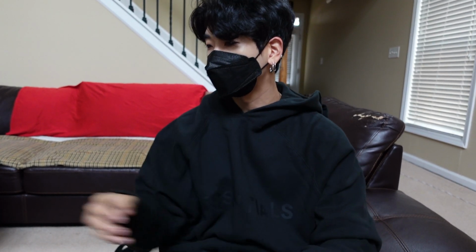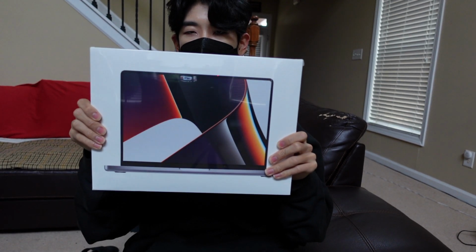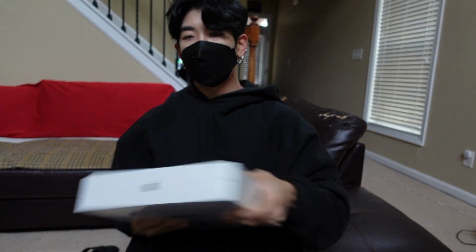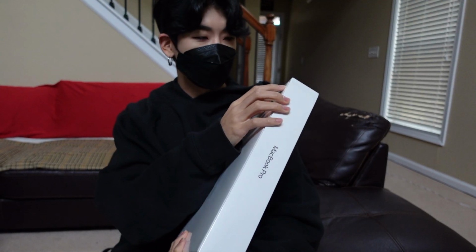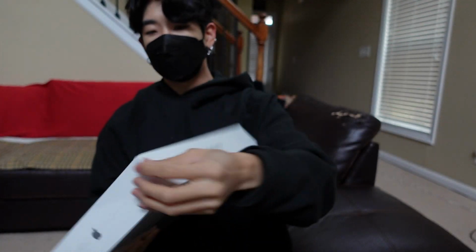Today I actually bought a MacBook Pro. We are gonna unbox this together. Let's see. Here, it looks like this. It says MacBook. I got this because I wanted to make more YouTube videos and for me to be able to edit. I heard a lot of things about MacBook, that you can edit really well with this thing once you understand how to use them. So I am trying to study. I was really gonna rip this apart with a knife, but there's this thing that makes you peel it off easier. So